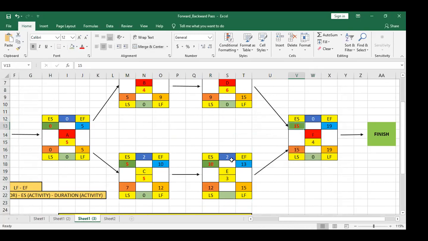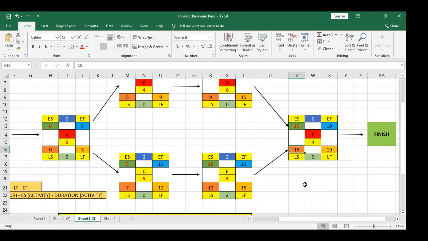So 15 minus 10, 5, 5 minus 3, 2. Yes, I can delay this activity for the next 2 days. And when I delay this activity for the next 2 days, this is 13 and this is 15. When I delay this activity, it will not impact the early start of the next activity. That's how we calculate the free float.